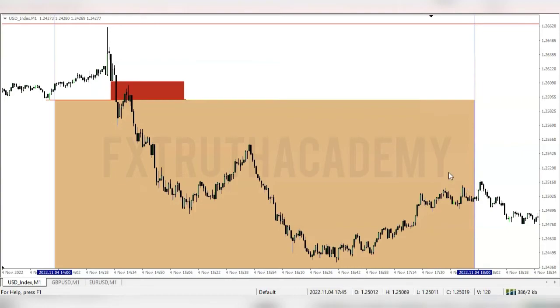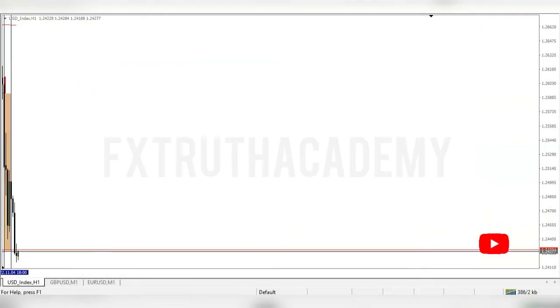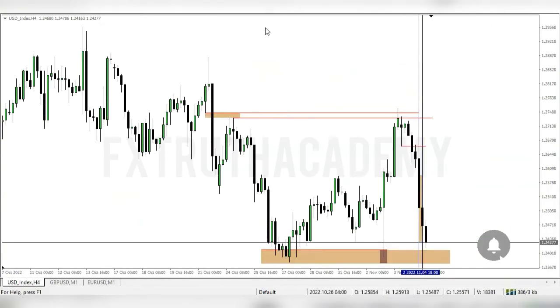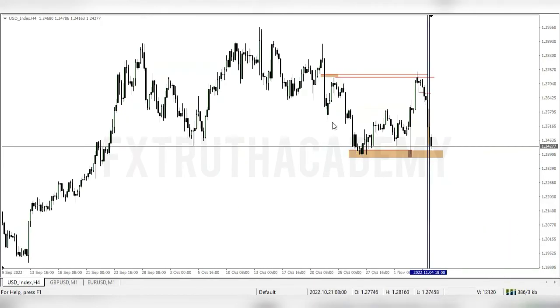But mind you, I've told you all this was anticipated by us, because we were already anticipating a market sell trap. So they had to trap buyers in order to trap sellers, and that may sound very confusing or funny, but that's actually the truth. They had to trap buyers to the upside, by taking price to the upside so that they can trap buyers before they could trap sellers.